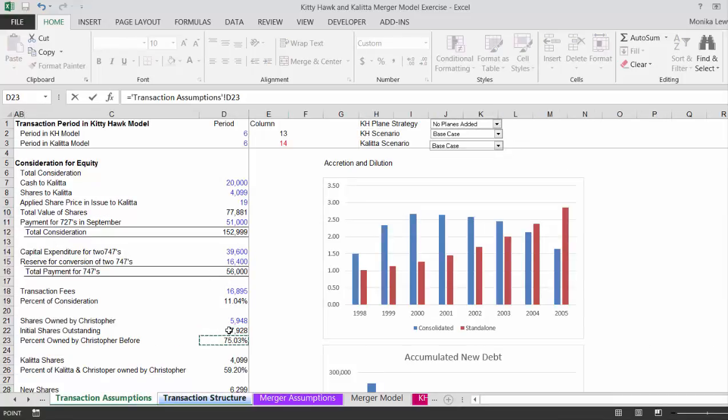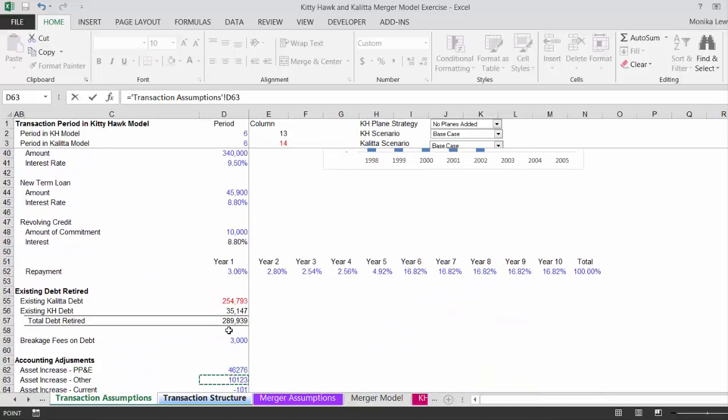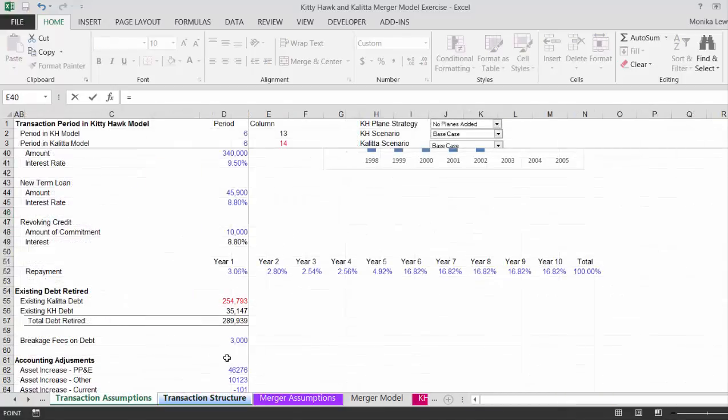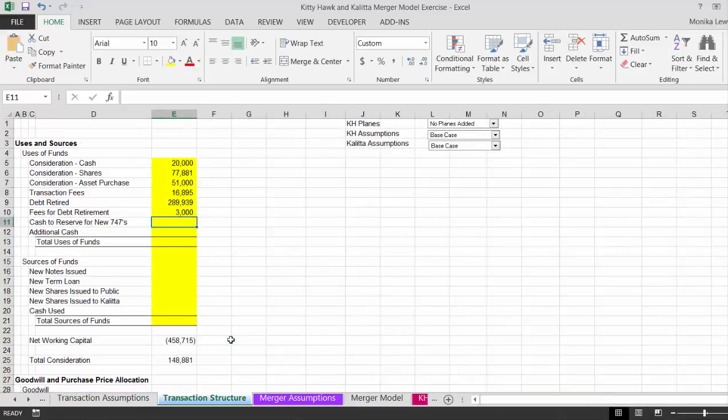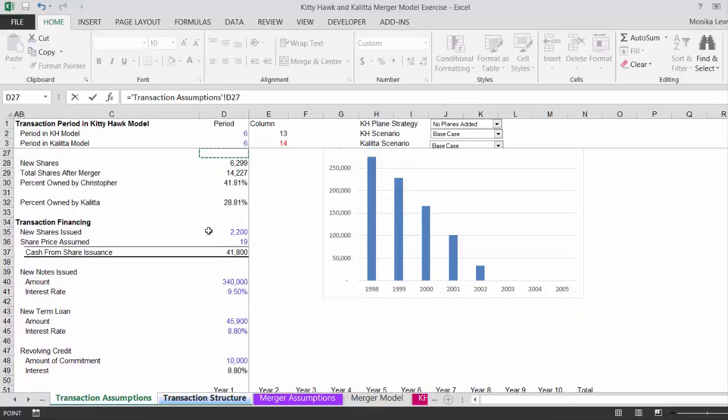Now, in this case, when they retired the debt, they also had a breakage fee on the debts. And I forgot what I did. Fees for the debt retire. I call that a fee. And we could amortize that fee over the remaining life of the new debt, and then we have to also buy the new planes. Okay,